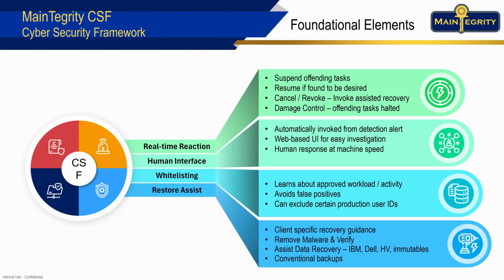Since CSF is watching what your workload is doing, it will understand if any of your files have been damaged or compromised and which files those are. CSF contains the ability to take recovery JCL templates and customize them with the files that have been damaged and restore these from a previously taken backup. In addition, because we know when the files were damaged, we can advise you on which backups are the best candidates to restore from. Obviously, the ones that precede when the file was damaged are the valid candidates.